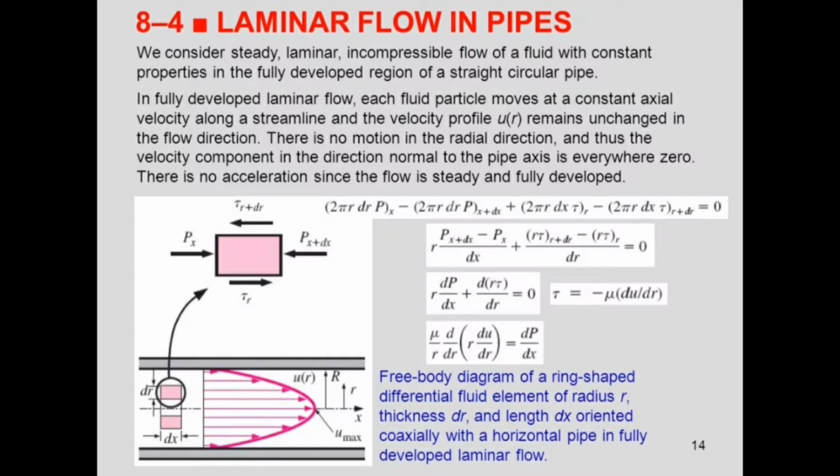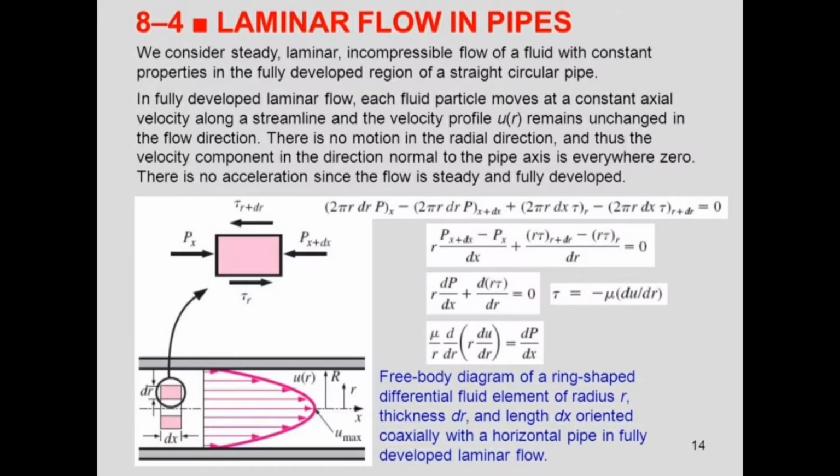Laminar flow in pipes. We consider steady laminar incompressible flow of a fluid with constant properties in the fully developed region of a straight circular pipe. In fully developed laminar flow, each fluid particle moves at a constant axial velocity along a streamline, and the velocity profile remains unchanged in the flow direction. There is no motion in the radial direction, and thus the velocity component in the direction normal to the pipe axis is everywhere zero. There is no acceleration since the flow is steady and fully developed. Now, as you can see in the figure,